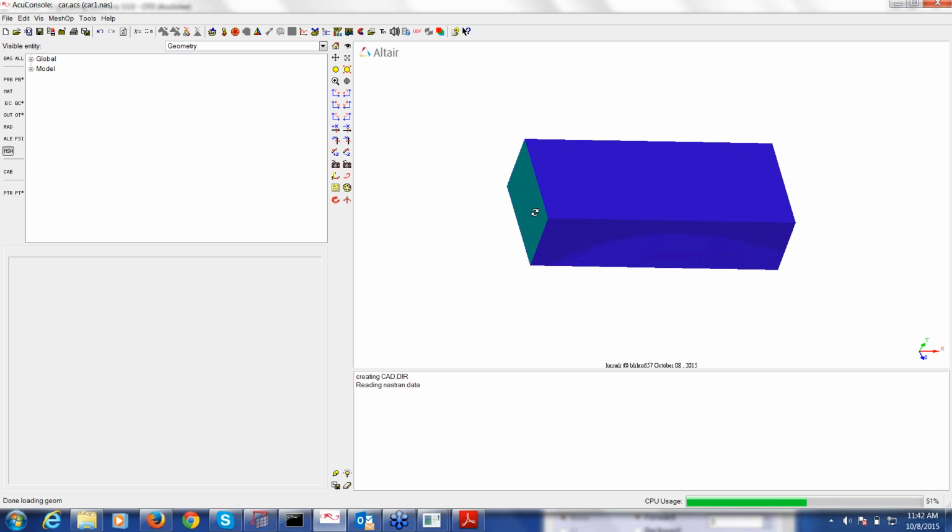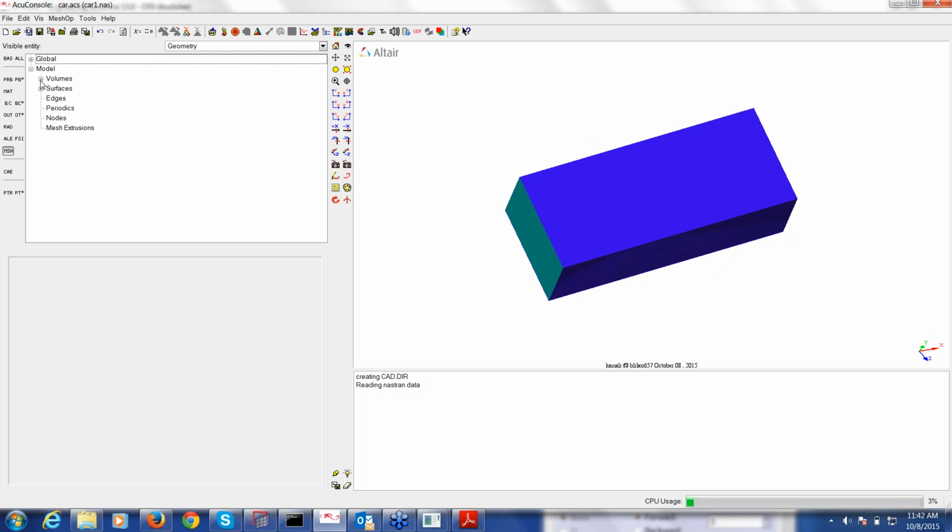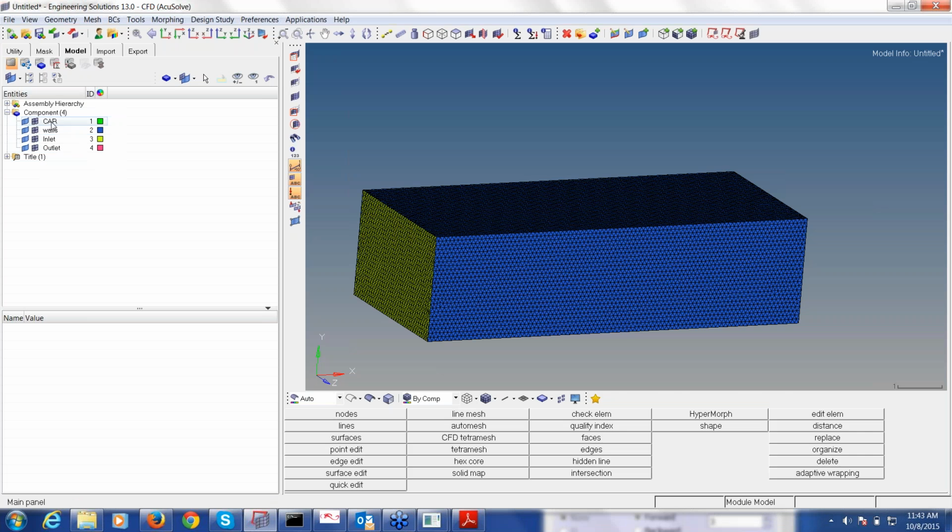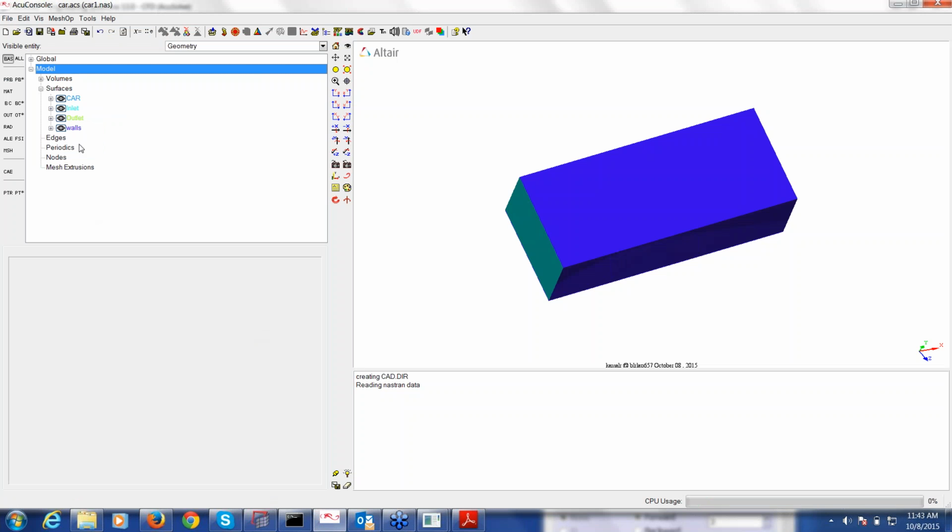Okay, so it has come. If you go to models and surfaces, car, inlet, outlet, wall. So basically you can say purge. Whatever name you have given here, car, walls, inlet, outlet, the respective components would be read automatically here. So you save a lot of time in the pre-processing when you do it in HM. Okay, so now if you see,